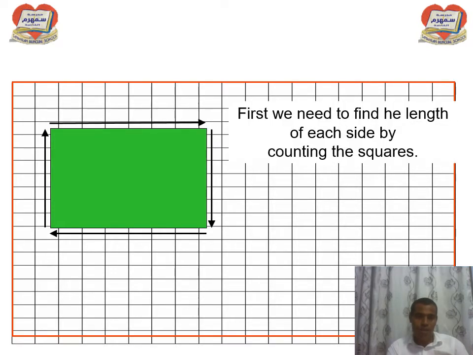Normal learners, in order to find out the length or the width of this rectangle, you just count the squares, okay? Means that you will count this kind of squares. So this is 1, 2, 3, 4, 5, 6, and this I will accept as 1, and this is 1, because the rectangle isn't drawn accurately. So here you can see 8 centimeter, this is 6 centimeter, this is 8 centimeter, and